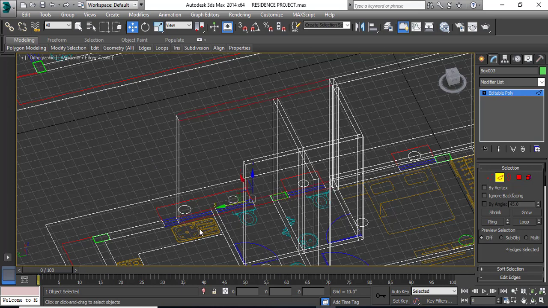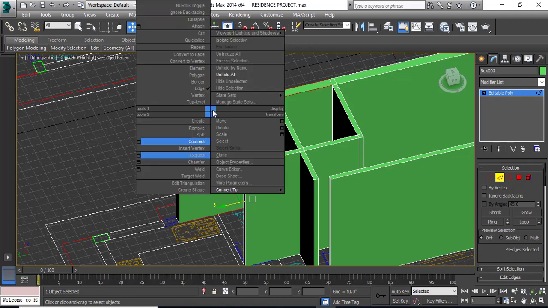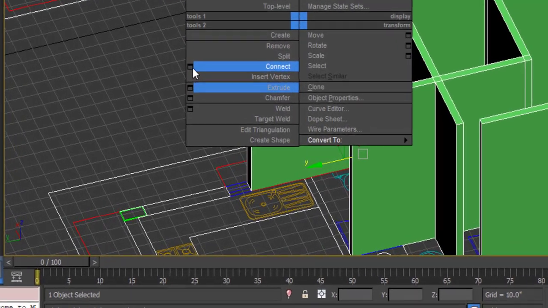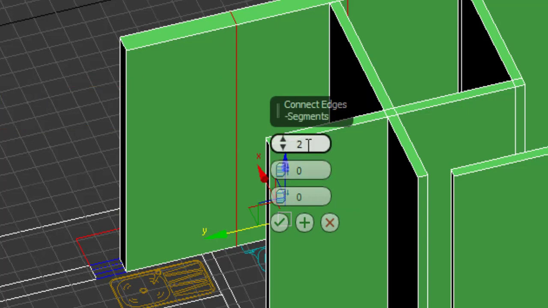So what we will do is again select the edges, both the bottom and the top edges of the horizontal wall. We'll go to shading. As you can see, this red line shows that it has been selected correctly. Again, right click on it, go to connect, click on the connect box, give your number here and click on OK.